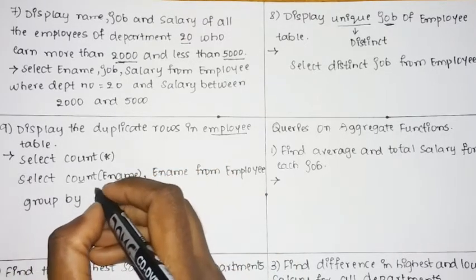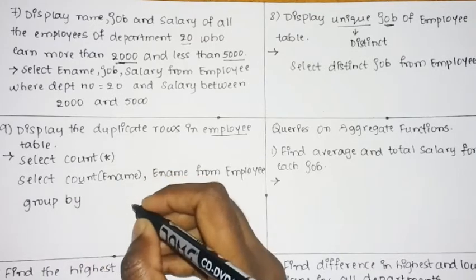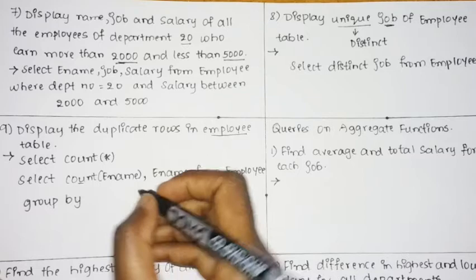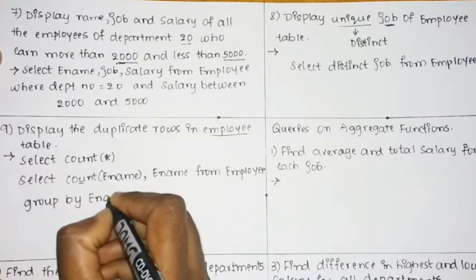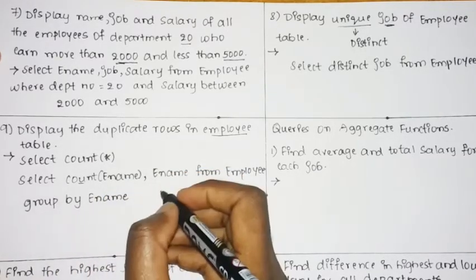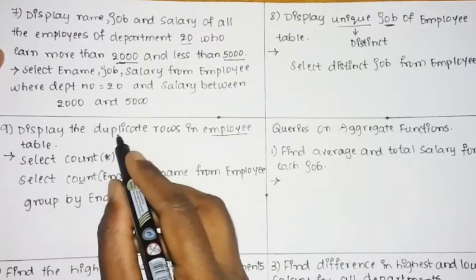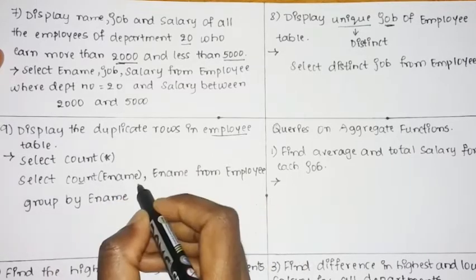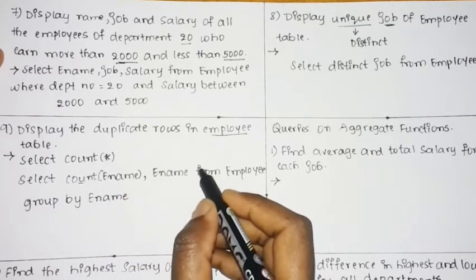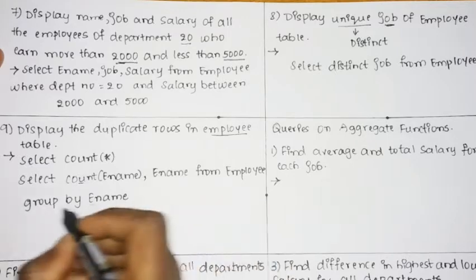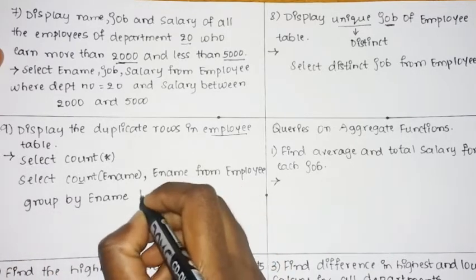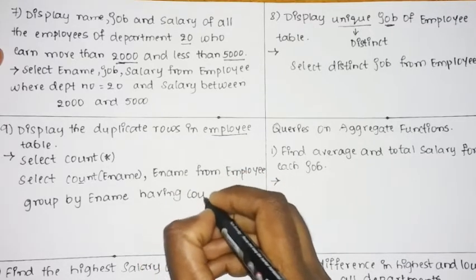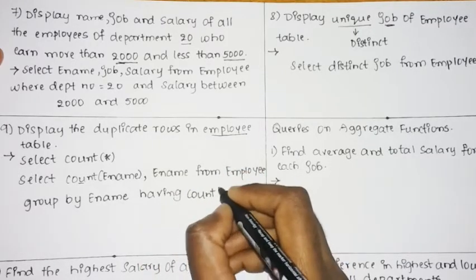So group by followed by the employee name. You need to group by e name. After that, what you need to display is the duplicate rows. Means if the count of employee name is more than one, then you need to display those rows. So group by employee name followed by having count of employee name